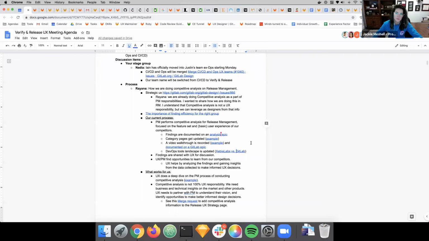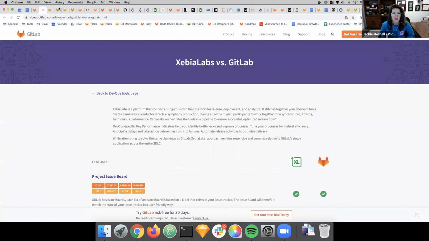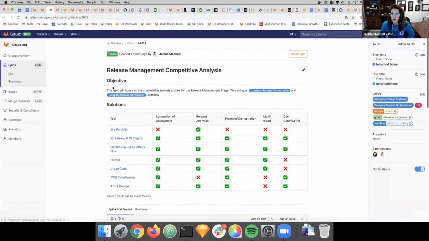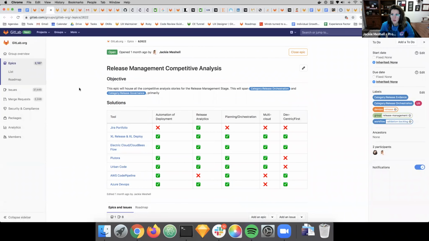To me, this is really, yeah, go ahead. Something that I really loved about this process in collaboration with design is I don't ever want to be in a feature war with a competitor. I want to solve the problem, not repeat the solution that the competitor has. And Hayana has a lot of strength in creatively looking at how to connect our application in an end-to-end way to solve a problem that Xebia Labs is solving in a very straightforward but also